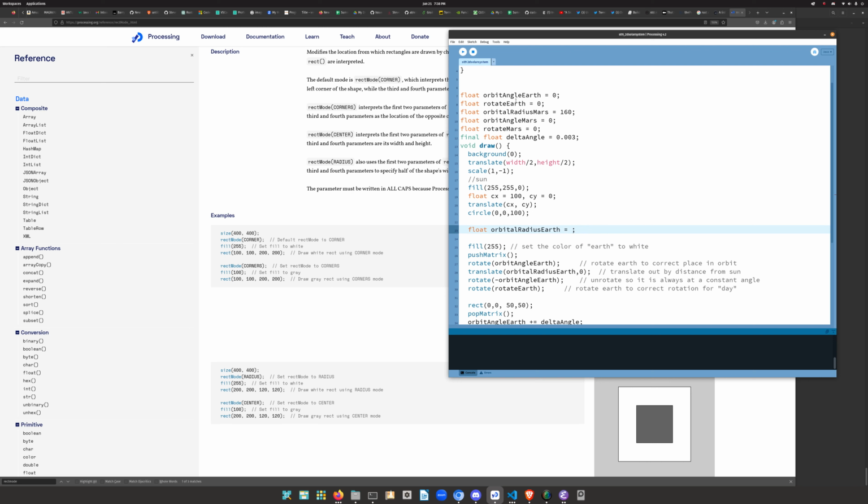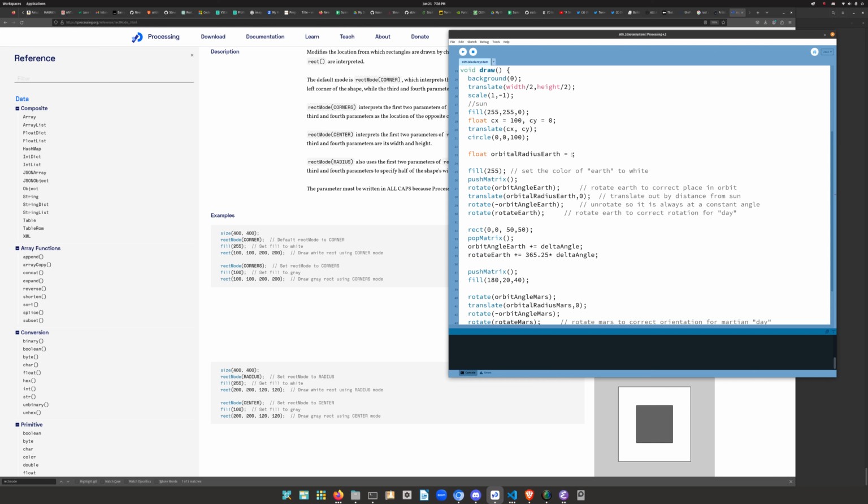Orbital radius Earth equals. All right, wait a minute. So, well, we will have a final. Let's say final float. Let's call this Earth 0 equals 200, and Earth 1 equals 300. So I'm purposely making it ridiculously elliptical, right? The Earth's orbit is not that eccentric, right? It's so close to circular you wouldn't even notice. At least not from looking from a distance. All right? And because of that, I'm going to make the radius of Mars bigger than that, so it's out of our way. So I'll make it 360. All right? Okay, so